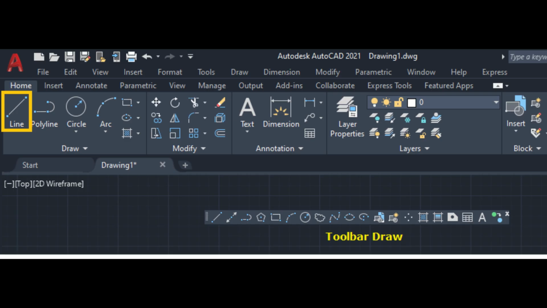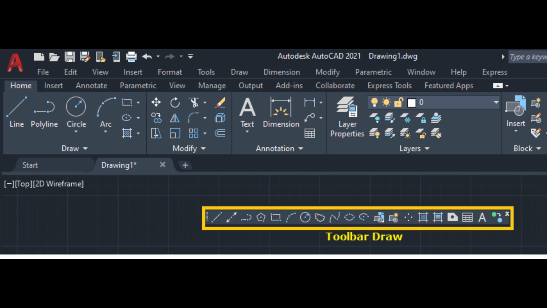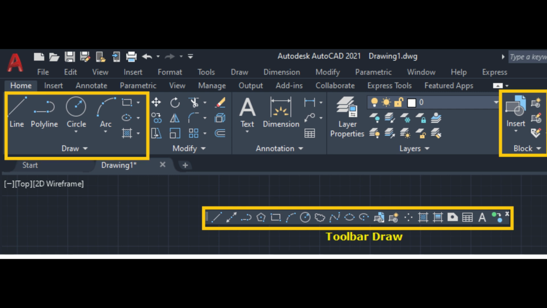And that's it. Those are the main tools on the Draw toolbar in AutoCAD. Each one helps you to create different types of geometry, giving you full control when building your design or drawing from scratch. Try practicing each tool on a simple project so you can get a comfortable feel switching between them,